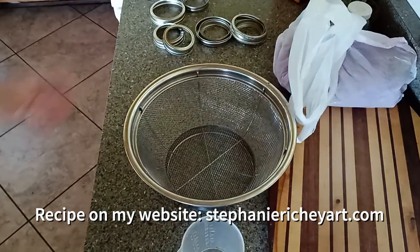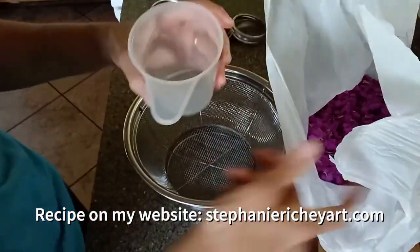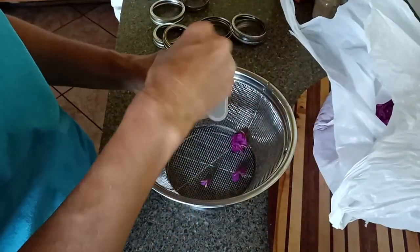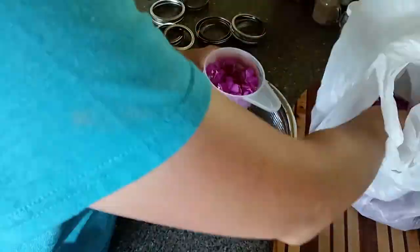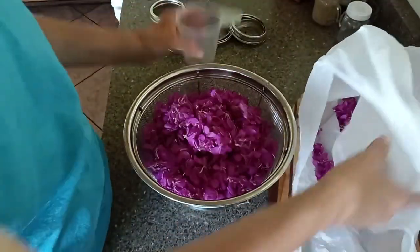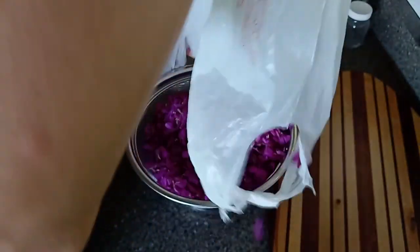Alright, so the first thing we're going to do is measure how many petals or blossoms we have. So we have our big bag, and you're not packing these in there, you're just kind of lightly tossing them in, something like that. So there's 1... 9. It's going to be somewhere around 10 in my bag. We'll call that 10. But we want every last one of them,